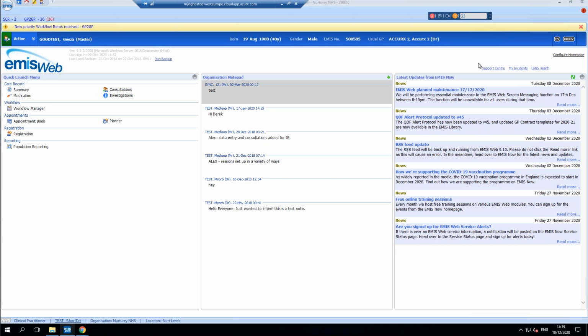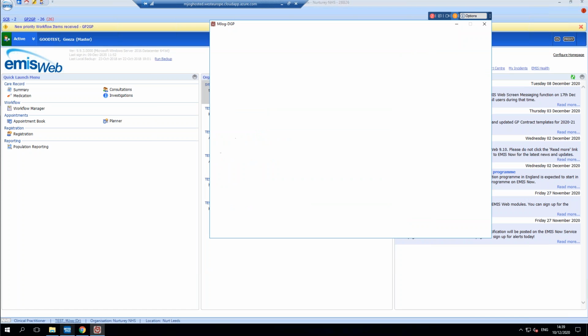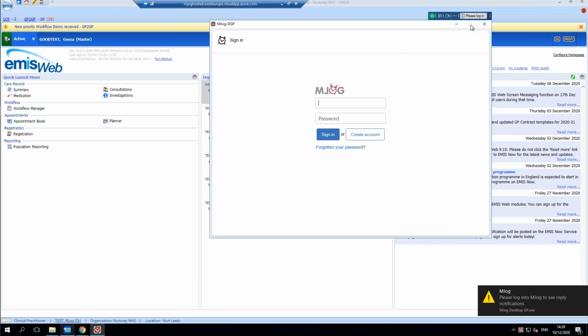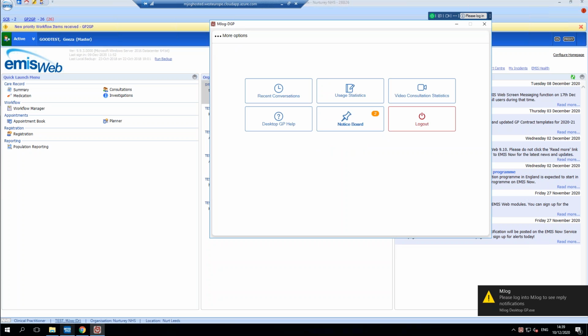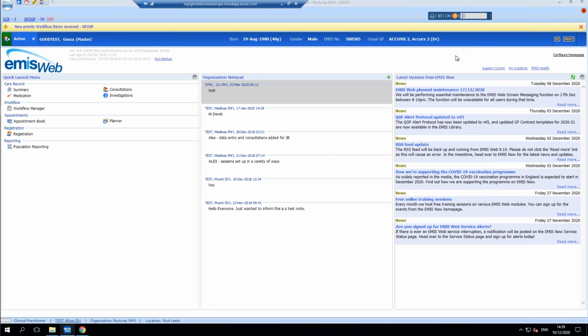And yeah, it's very snazzy, and the MJog interface itself will follow suit next year as well, to be much more modern and easier to use, which is very exciting. So yeah, it's very similar to that other product that's out there. So it's one of those scenarios where once it's in there, you probably don't need telling too much how this works. Load up a patient that you want to send a message to, click the little speech bubble,